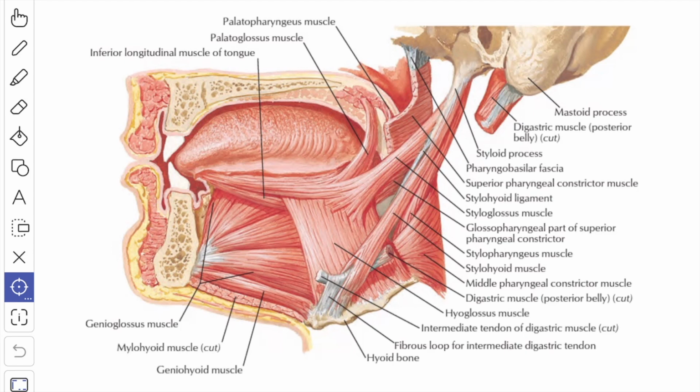Next we'll see the role of the tongue in mastication. The dorsal surface of the tongue becomes trough-like to receive the food. The tongue is twisted so that one margin is elevated, the other is depressed. This is done by the unilateral action of the styloglossus muscle. As a result, the food accumulates between the margin of the masticatory teeth.